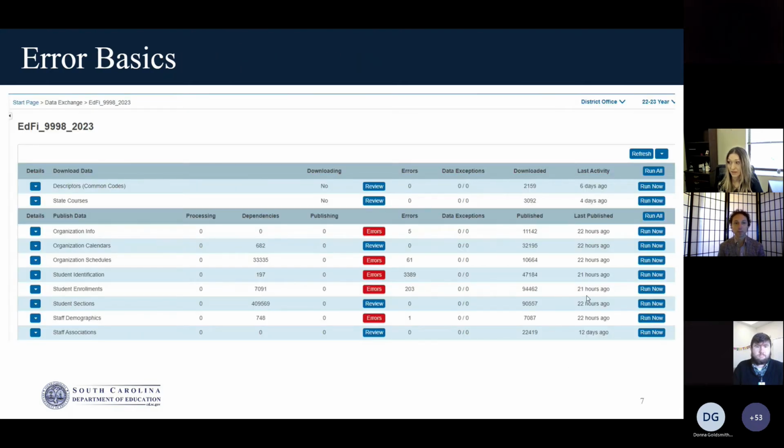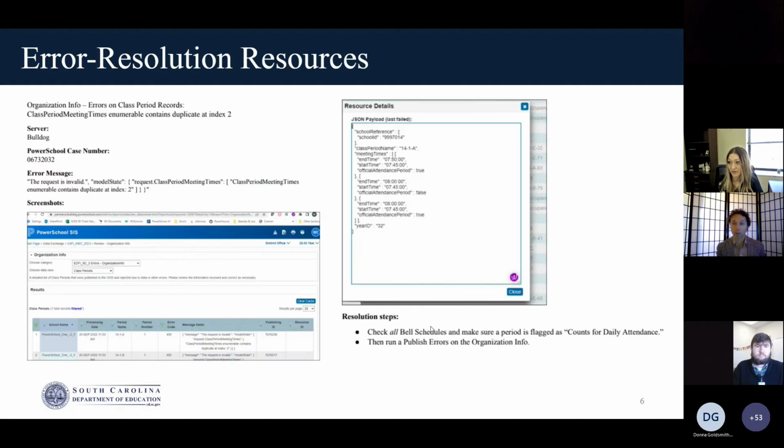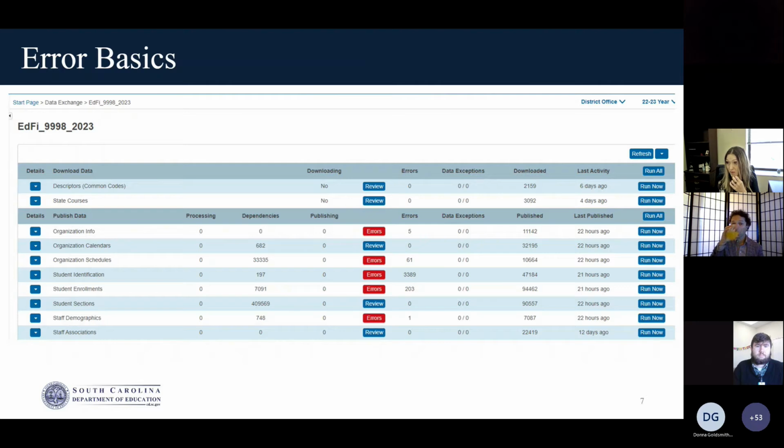And speaking of which, I know Brett had some nice screenshots in there of what you might see when you're digging into those. Let's take a quick look at this dashboard that everybody's become pretty familiar with.